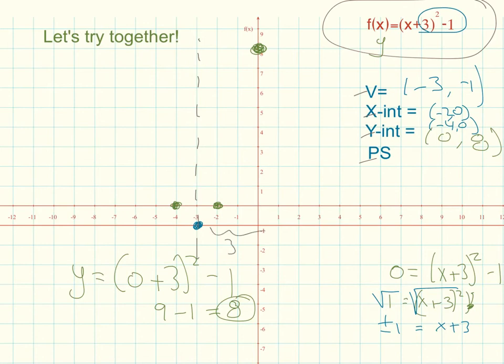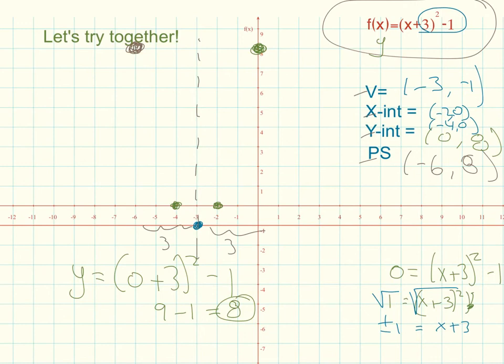If that distance is 3, there's going to be a point on the other side symmetrical to where the y-intercept is, 3 units away on that side. And it's going to be located at the same y value. So the point symmetric is going to be located at (-6, 8). See how this distance is 3 and that distance is 3, and there we have the symmetrical